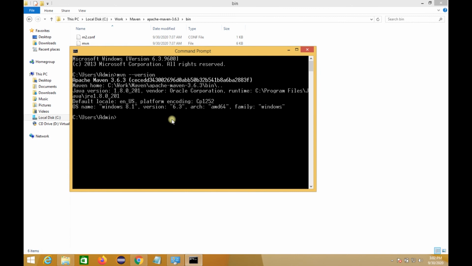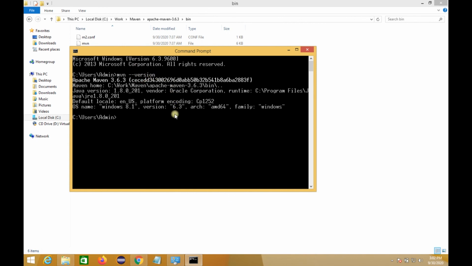It is taking some time. Now as you can see, the version of Maven is displayed, 3.6.3, Maven home is displayed, Java version is displayed, and some other information is also displayed. So it means Maven is successfully installed on this system.